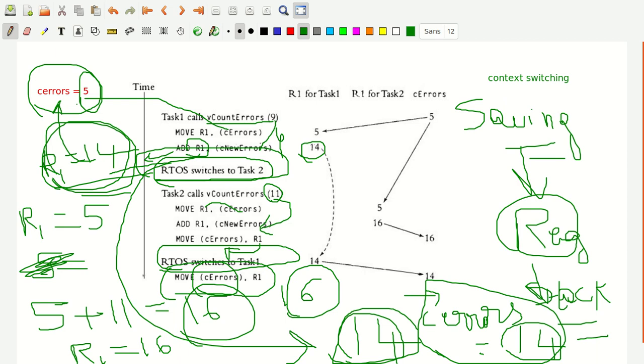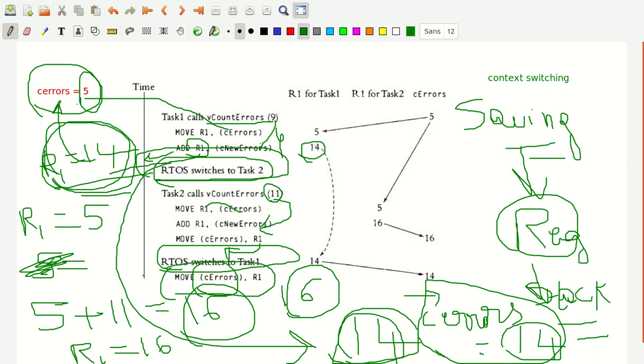So when T2 resumed to T1, you got the value that was there in R1, that is 14. 14 we got stored again into C errors.